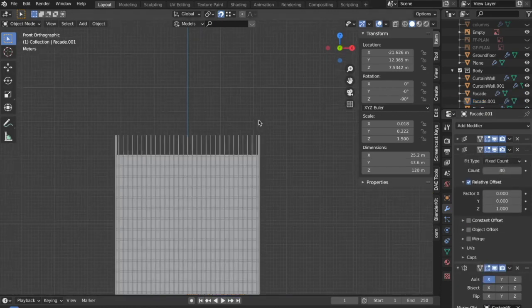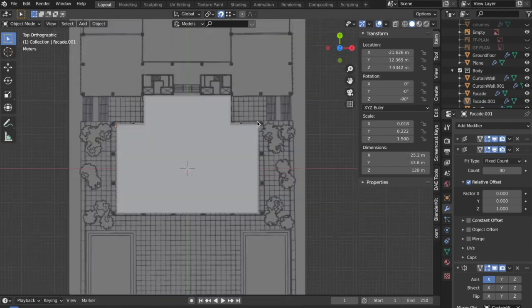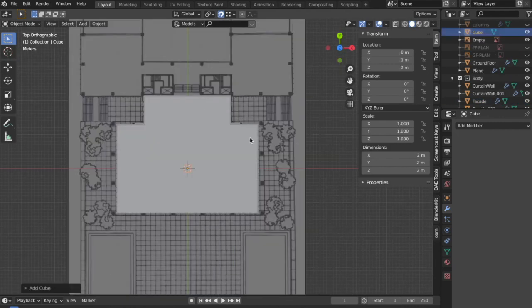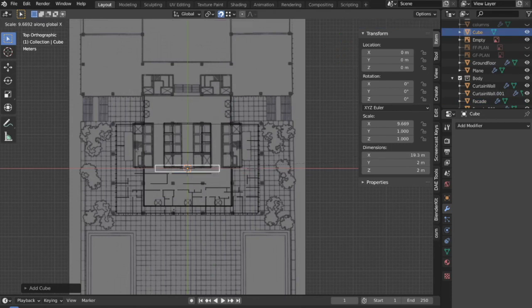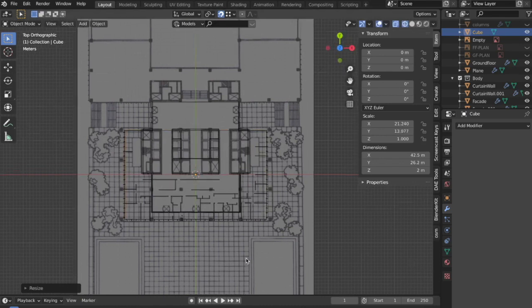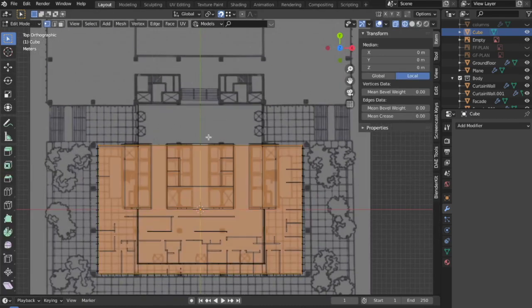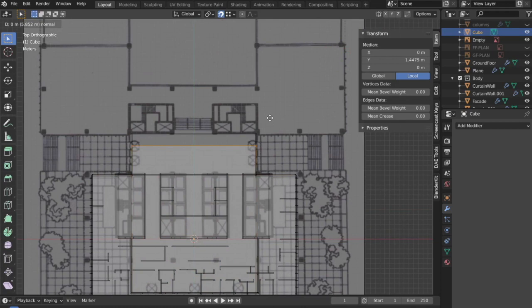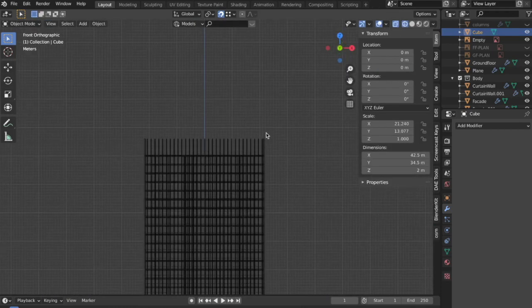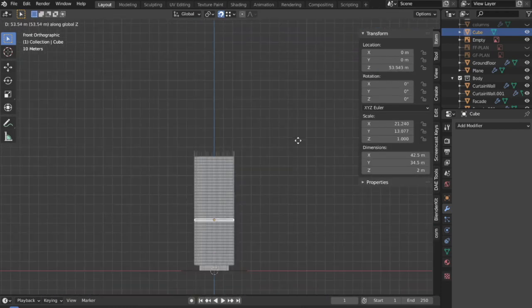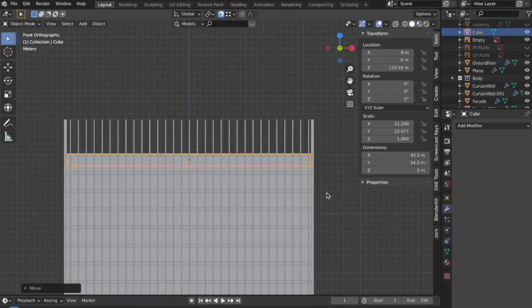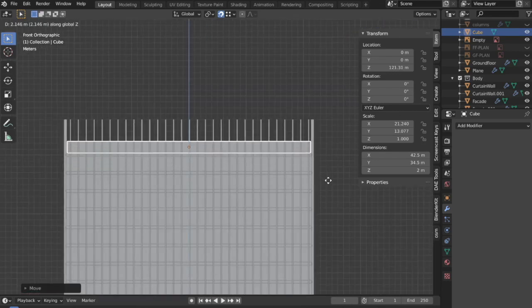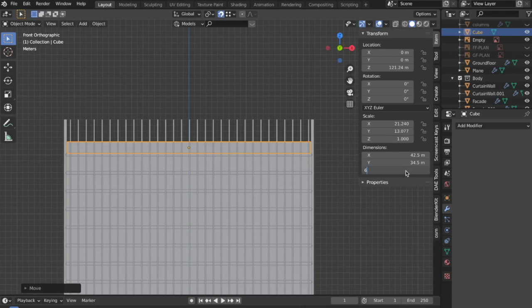Now having done that, what I'll do is I'll go over here in the top view, I'll bring in a cube, we'll scale it along the x-axis, I'm going to the edit mode, add two loop cuts, then press S and then scale them along X and then extrude it till this. Now I'm going to bring it over here and give it a height of 6 meters.